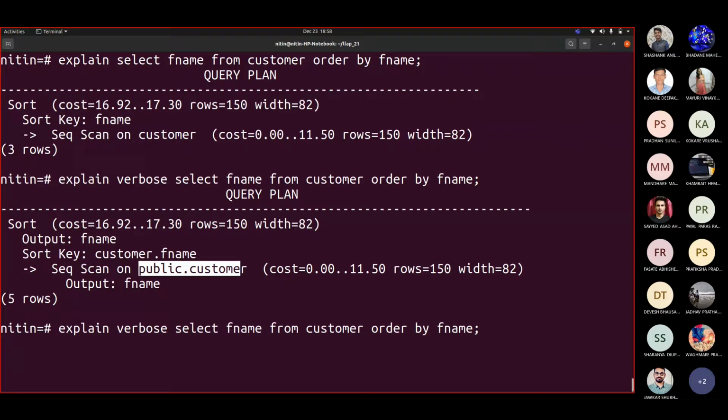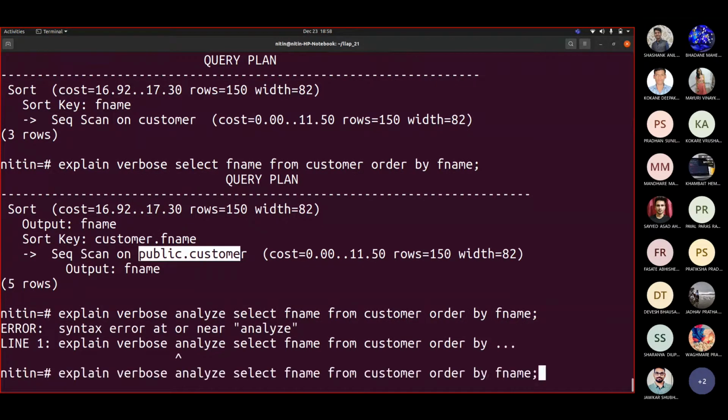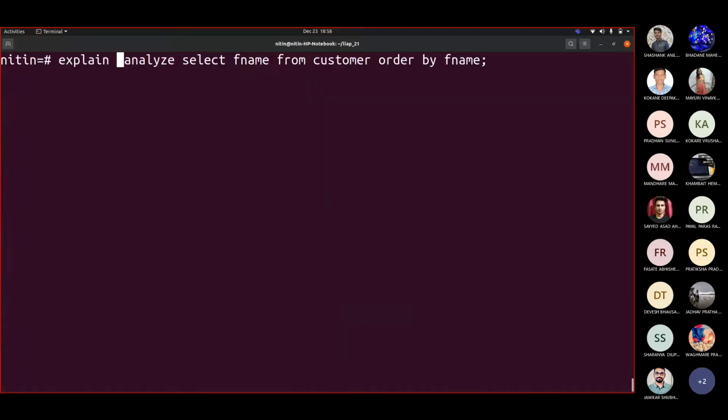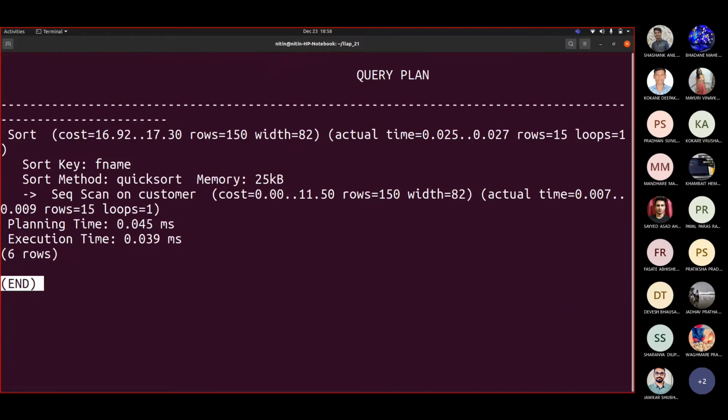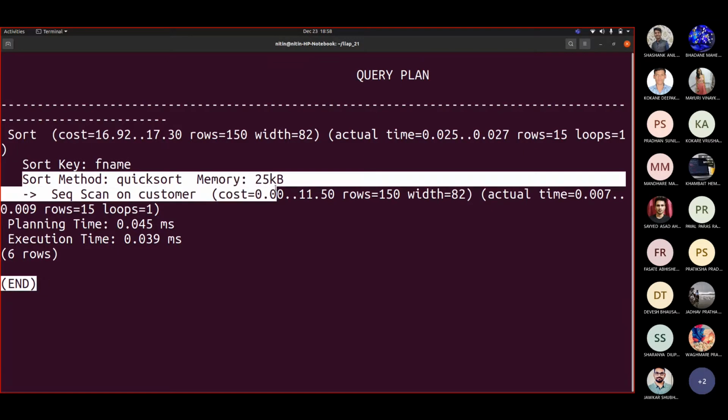So if I add some more things here, okay, it tells me which sort method is used and how much memory was taken to show you this result by sorting it.